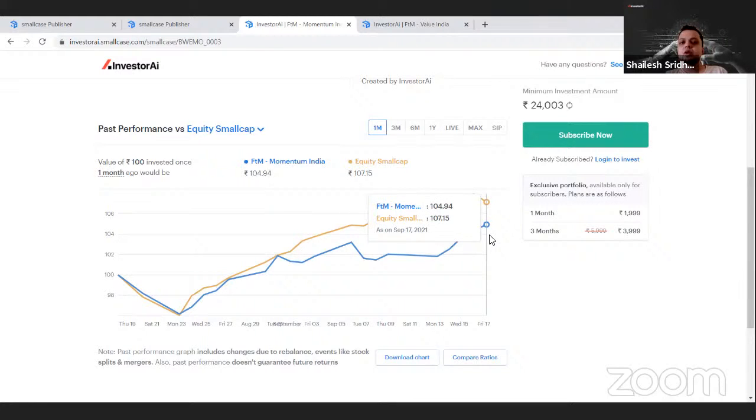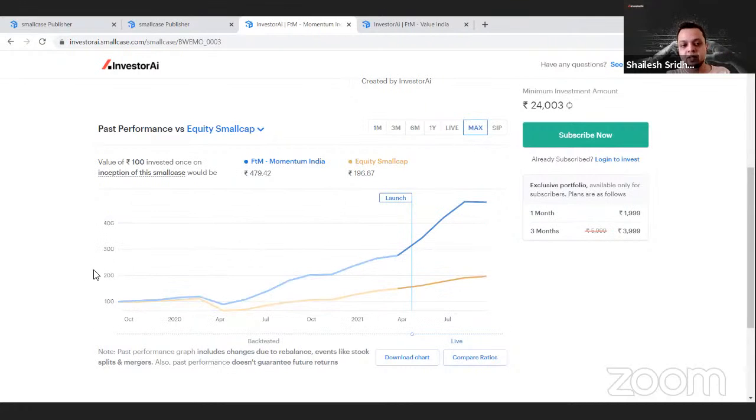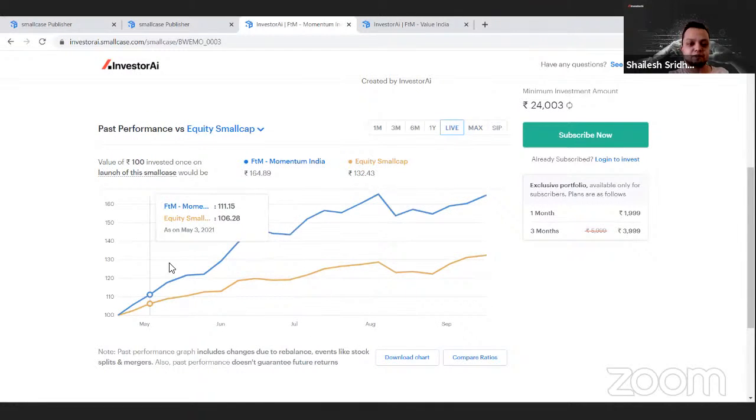So as Akshaya said, it's all about time. There would be temporary underperformances, but over time, we believe and we hope that it would do well, but there is no guarantee that it will. We just believe because the strategy has been backtested. Even if you look at the max button here, this strategy has been backtested since September 9, 2019, and it has generated extraordinary returns over time. Even when you look at the numbers, it's 379% versus 96% from the small cap index. If I give live, you could see even just 5 months.